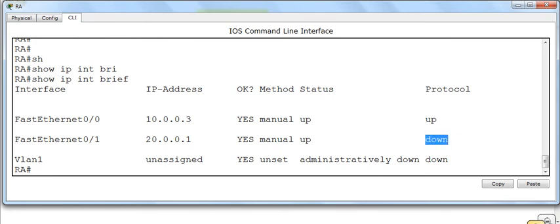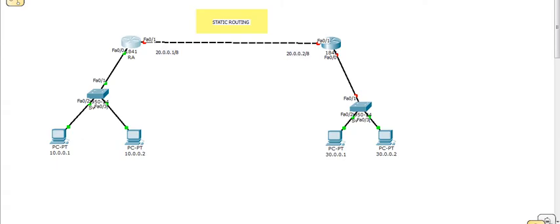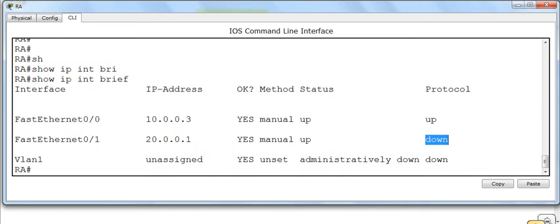The reason is that the other interface is not up, so they couldn't send and receive anything. That's the reason 0/1 is protocol-wise down. There is no protocol sharing, no keepalive messages being sent and received between these two routers.